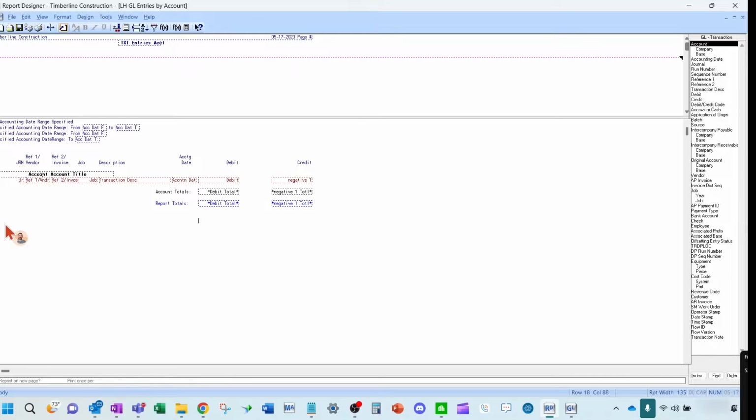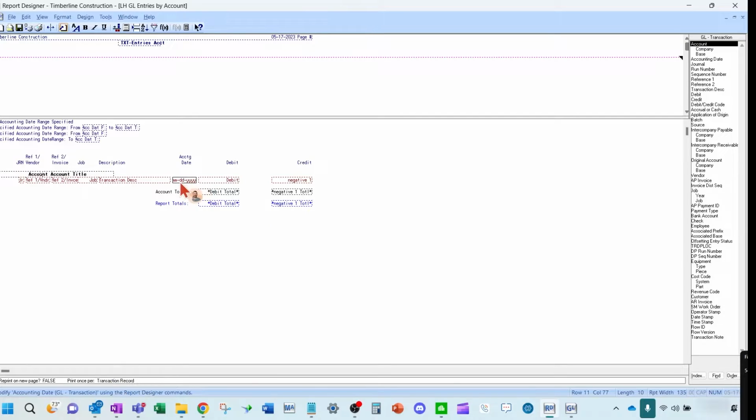And Mike, I was going to ask you too, on the print controls, can you show how you change the print controls? Sure. Yeah. So for example, if I just want to see a date only, I don't want to see the date on every transaction line. I just want to see it only when it changes.